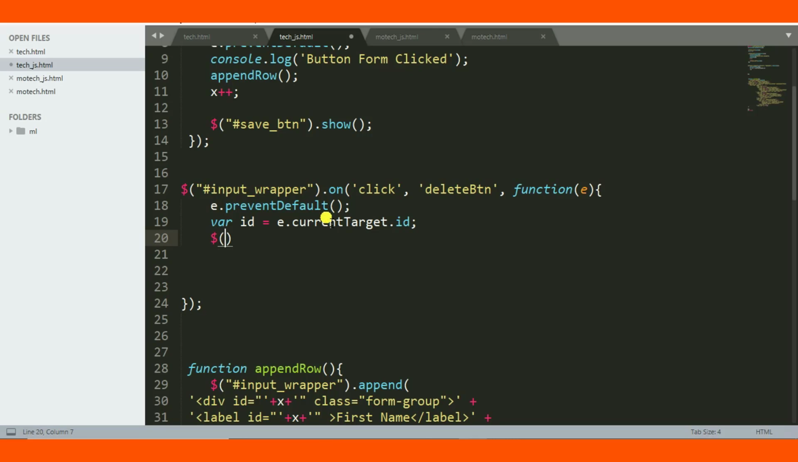Okay, then after, let me put a bracket, then div id plus, okay, should be something like this, dot remove. This will actually remove the form,